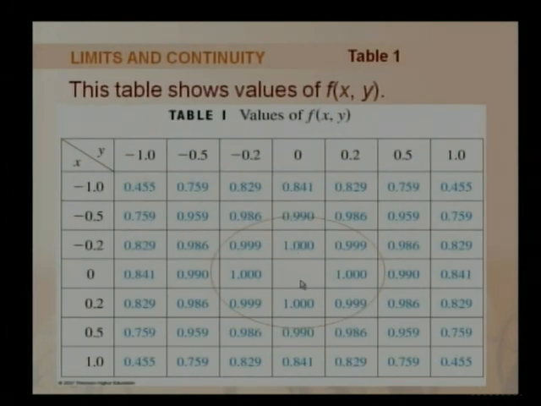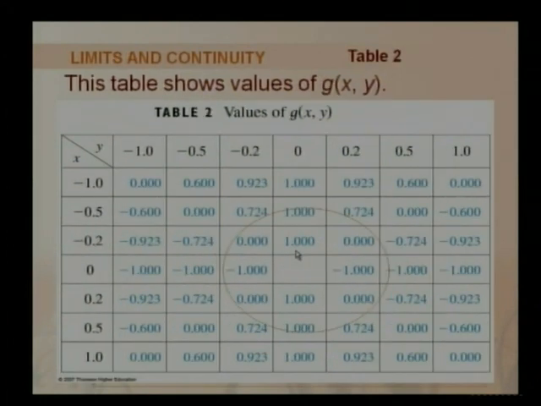the value near this box is 0.999. Again this is 1, this is again 0.999, this is 1, again this is 0.999 and this is 1. So all the values surrounding this show that when x approaches 0 and y approaches 0, the value of the function f(x,y) is nearly 1. So when x and y approach 0 simultaneously, the value of function f tends to 1, while in another function, that is